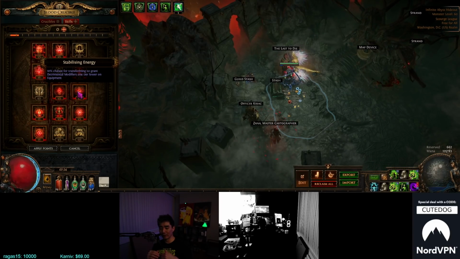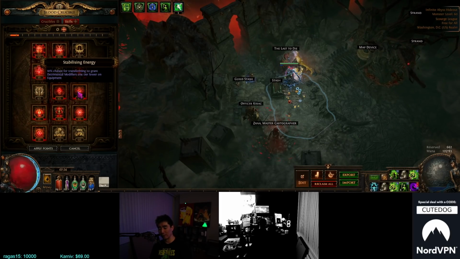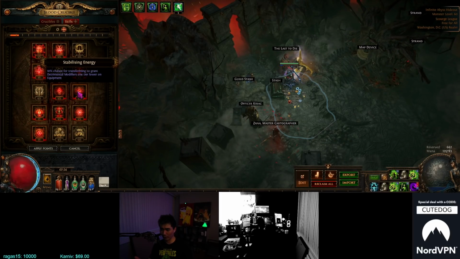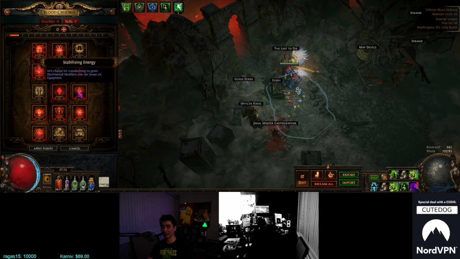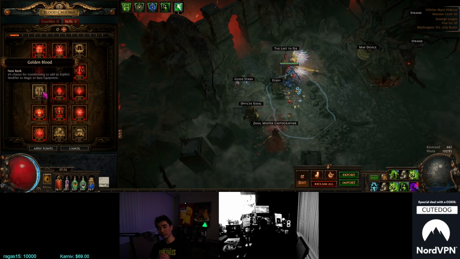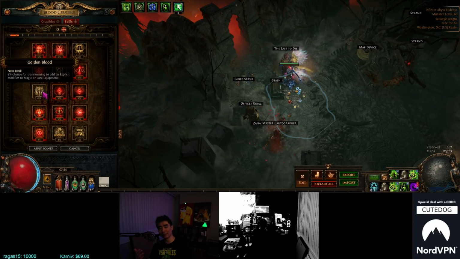So let's say you had, for example, minus 25 res. It might be minus 23 res or 22 res or whatever. So a slightly better version of a worse mod, if that makes any sense. Okay, the reason that I didn't take this yet is because I don't really have anything that I want to